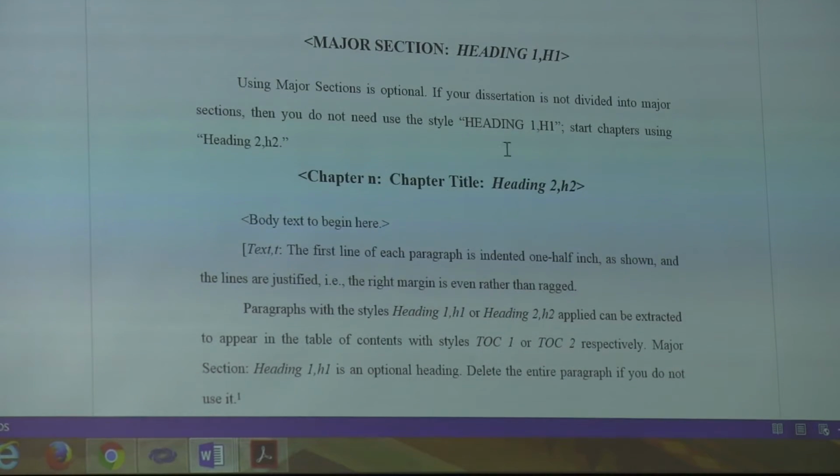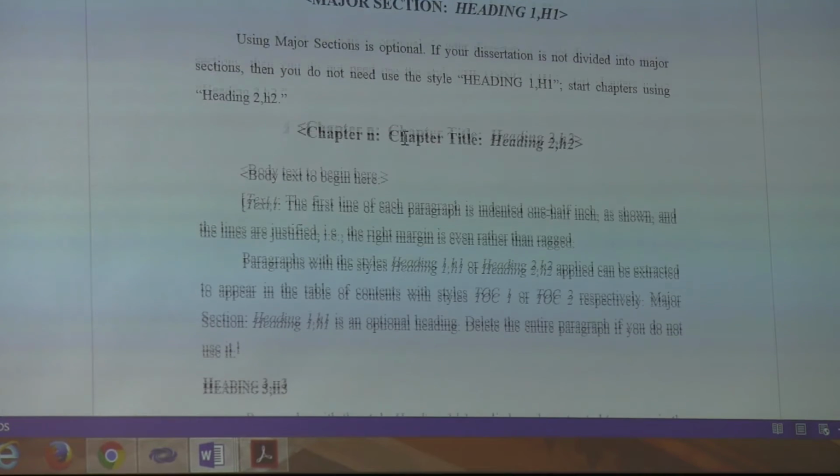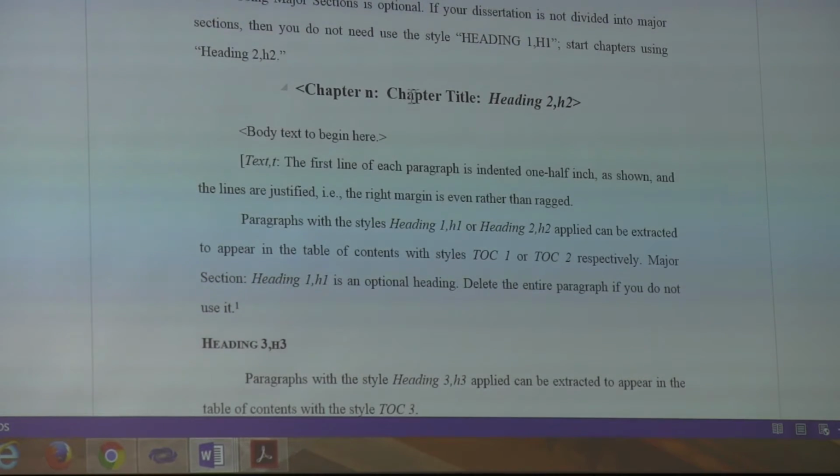So there's major sections, which you probably won't use. It's designed for really big documents. Here's section 1, chapters 1 through 5, or that kind of thing. What most people, almost everybody, uses is the chapter title. So, chapter 1 or chapter 2. If you don't have to use chapters, you can use names like introduction, methods, that kind of thing if you'd rather.